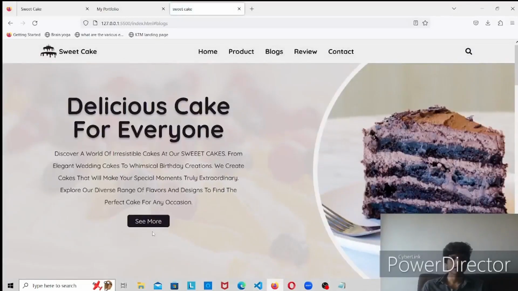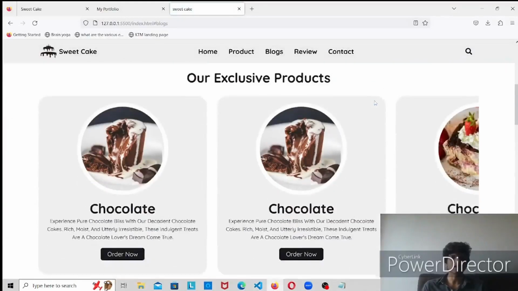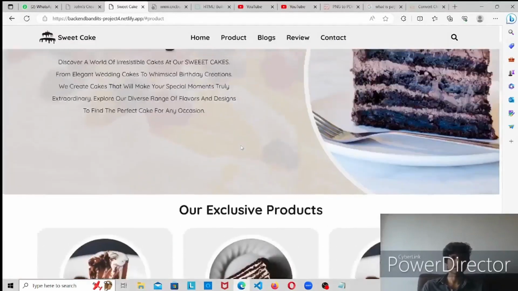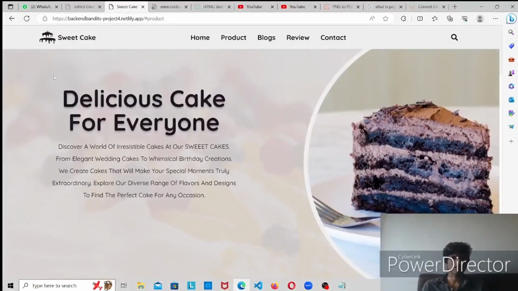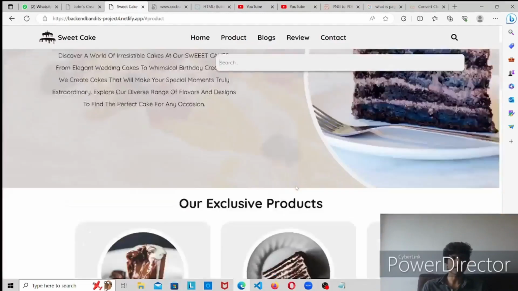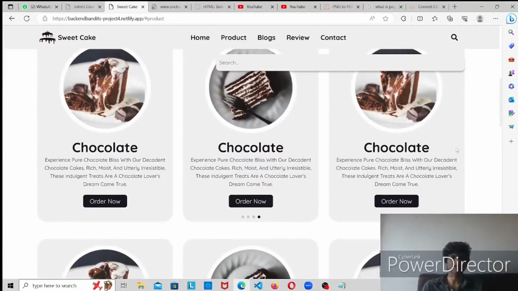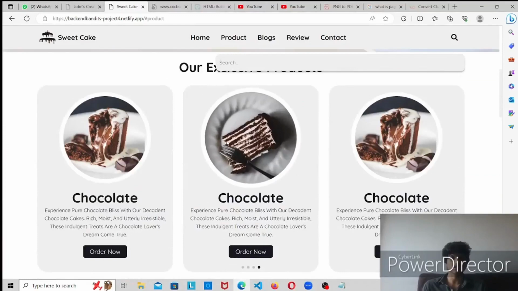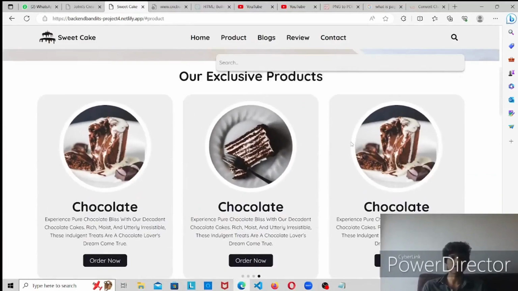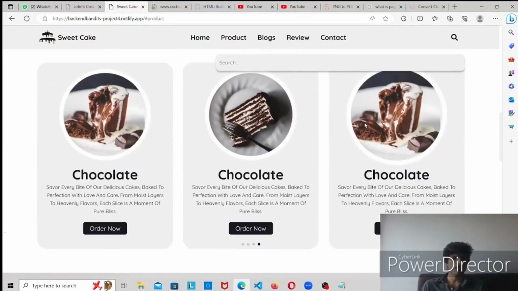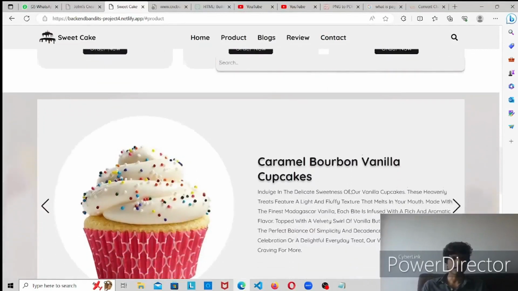So yeah, this is how our final product looks like. The nav bar, the headings, the logo, the search button. We can type anything here. There's an image here, the heading, the paragraph, everything. The sliding effect has been given through JS, heading, the image, the hover effects, everything. Again, here